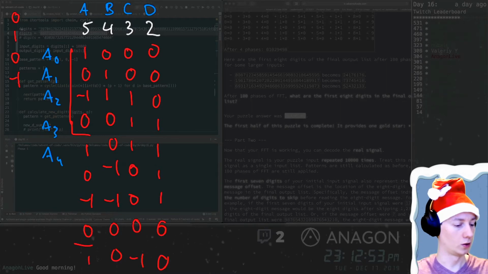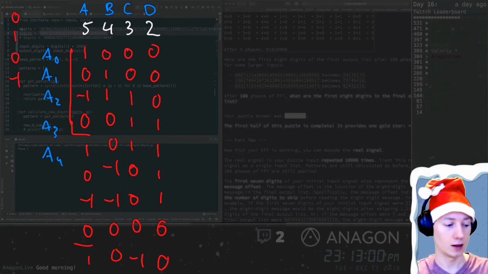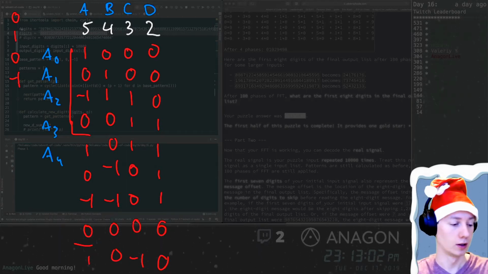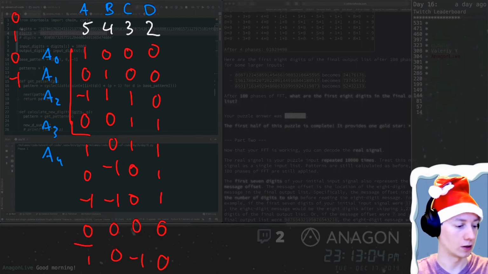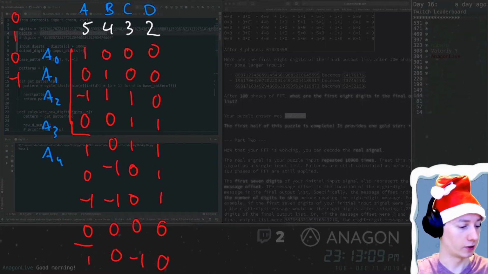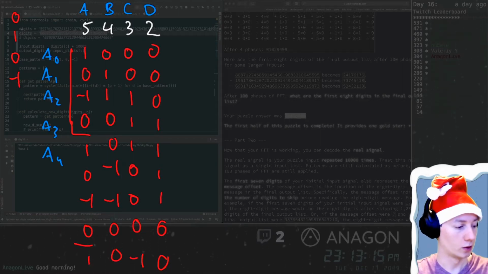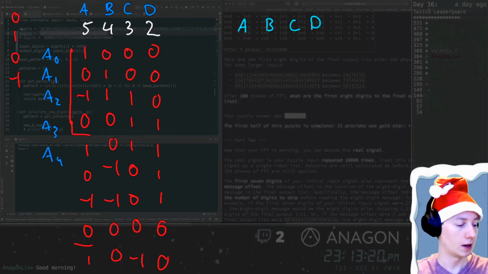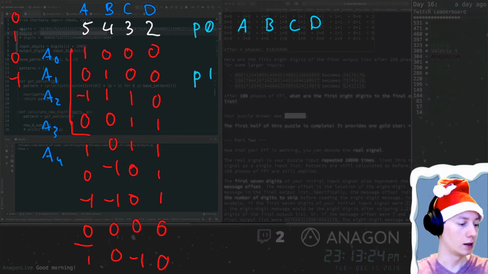Let's see what we can do. So every digit will have its own letter. Let's say that A just represents the digit. And then we have, of course, iterations. Wow, okay. Well, let's see if that helps us get anywhere closer. So the first phase will look like this. We have A, B, C, and D. That is phase 0. And phase 1 is basically